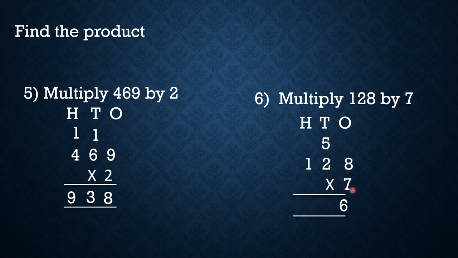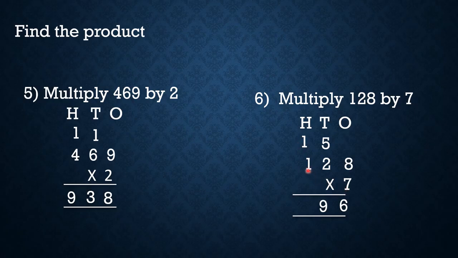Now we have to speak the table of 7 up to 2. So 7 multiplied by 2 is 14. Now we have to add a carry digit. So 14 plus 5 is 19. So we will write 9 here at tens place column and 1 will be carry over at hundreds place column.